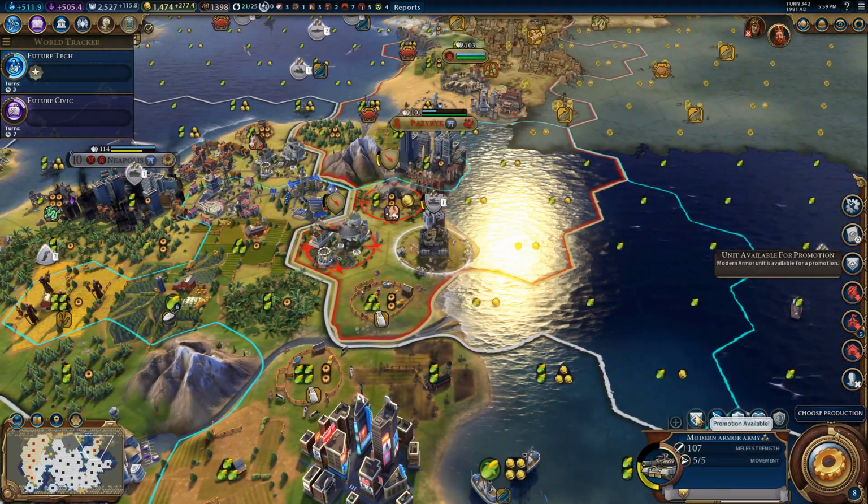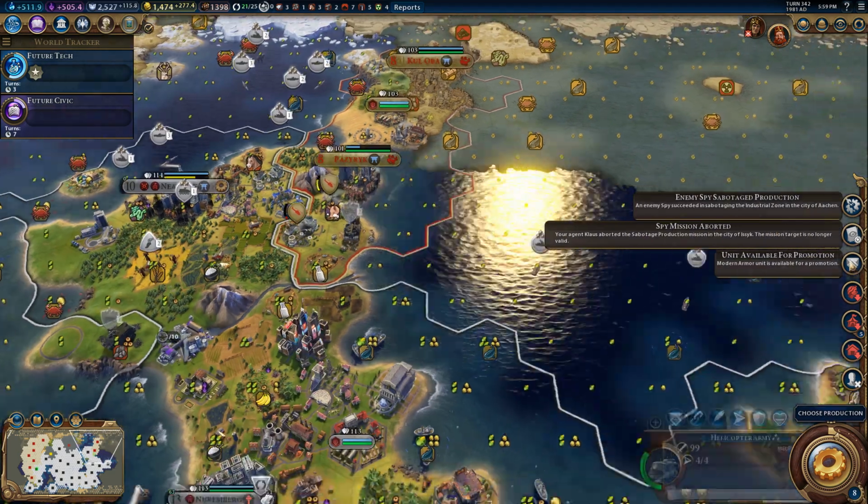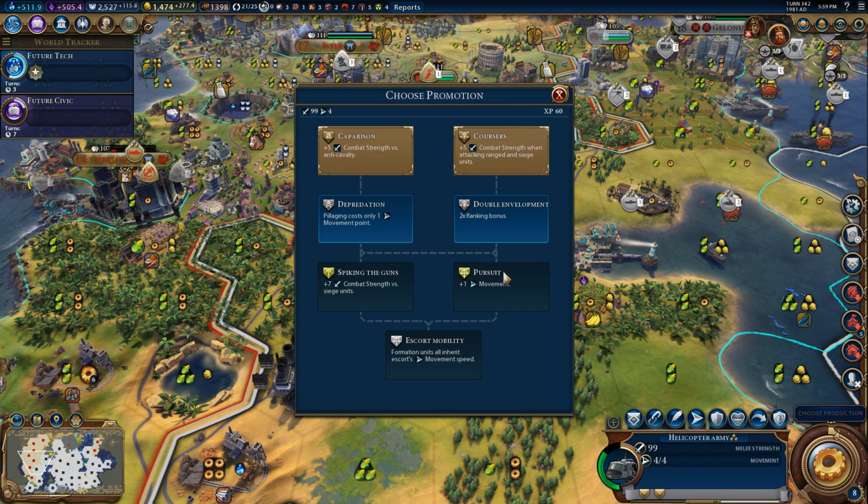That's obnoxious. Alright, so this Modern Armor army needs to level up. Let's go ahead and give them Marauding. And then over here...